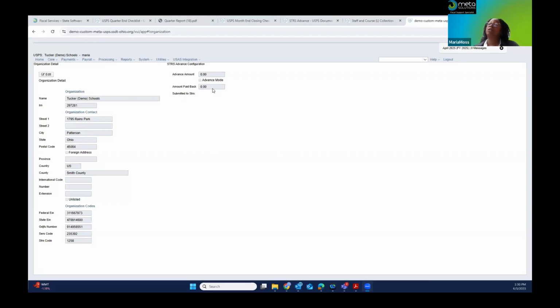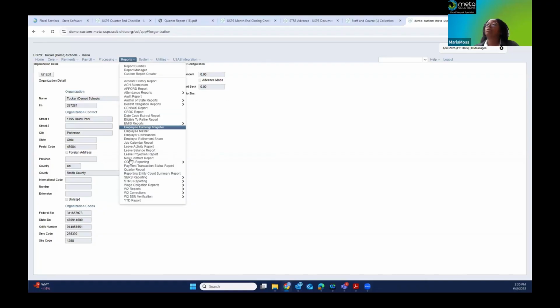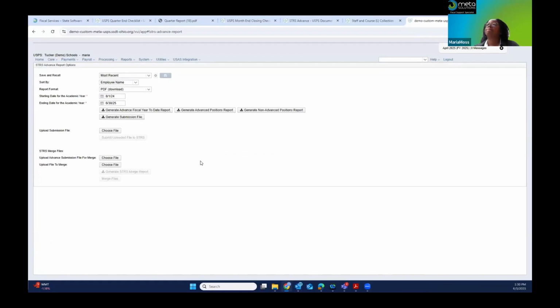So step 17, if you're a district that does do a merged file, let's go back to STRS reporting, STRS advance. We at Meta do not process a merge file, but by all means, we can assist you to make sure that it's formatted correctly so that you can merge the file correctly.